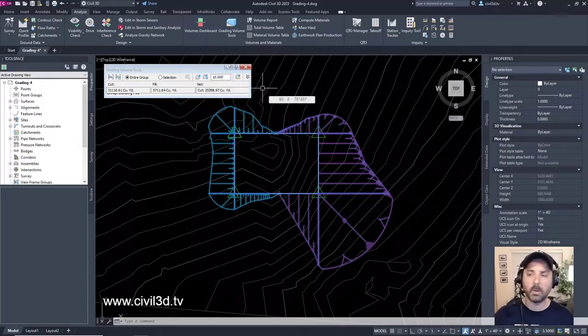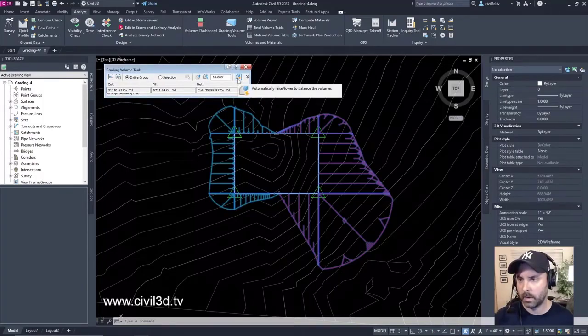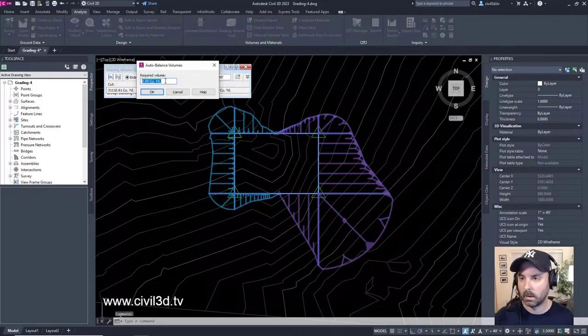But what's really cool about Civil 3D, this is the cool thing that beginners might not know about, is there's actually this button right here to automatically raise and lower to balance the volumes, because ultimately you're looking to save costs on cut and fill, right? So you need to balance these volumes. If you select this, the required volume, we want to keep that as close to 0 as possible. Okay?